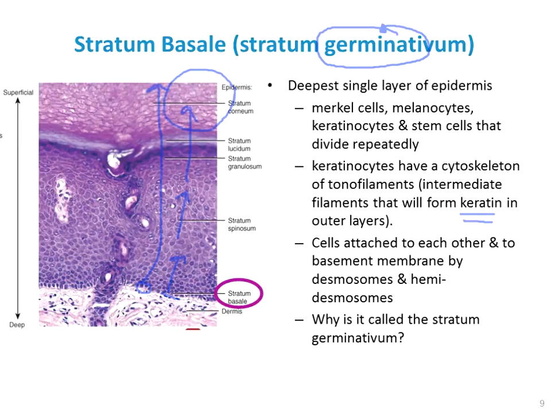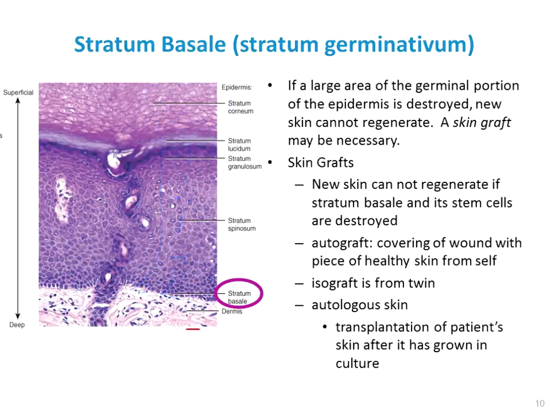Okay, so cells in the base layer are attached to the bottom via what type of cell junction? Hemidesmosomes. And they're attached to each other via desmosomes, which were the spot weld type of cell junctions. So we already discussed why it's called stratum germinativum, because it's germinating or making new cells. If you lose a significant portion of your base layer, can you make new epidermis? No, you can't. So that's where a skin graft might be necessary. So take a few minutes and read about the skin grafts, and I'm going to move on and talk about